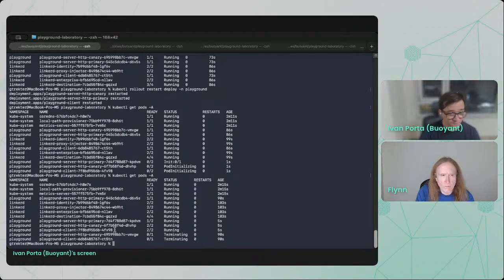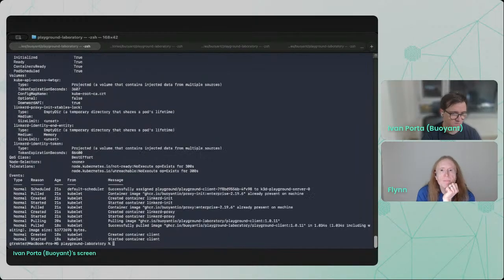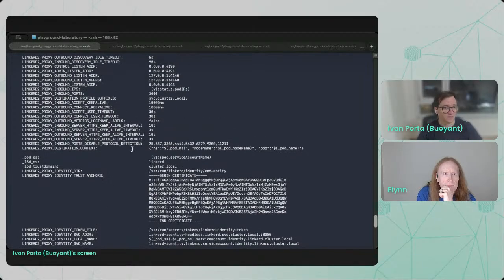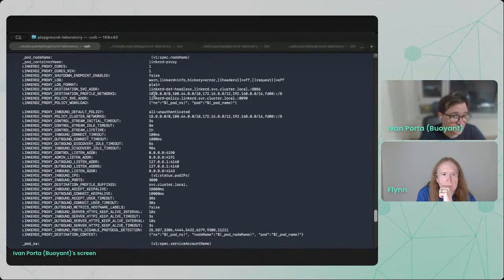Now, before doing anything, let's check what we have with a vanilla installation of Linkerd. Let's check what we have in this pod. Yeah, describe pod. So if you scroll up, you can see all the configuration of the pod. And one thing that is actually interesting that we're gonna change soon is this one, the proxy logs. So we can see it is all Linkerd related. These are all modules, Rust modules for Linkerd,